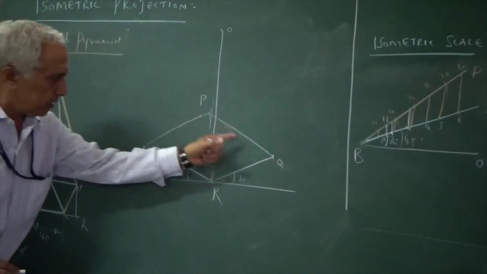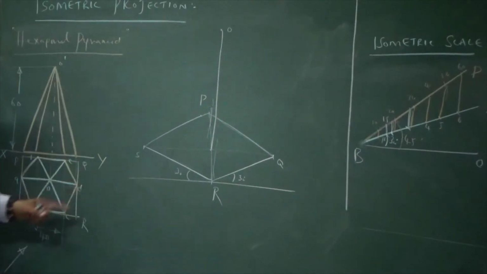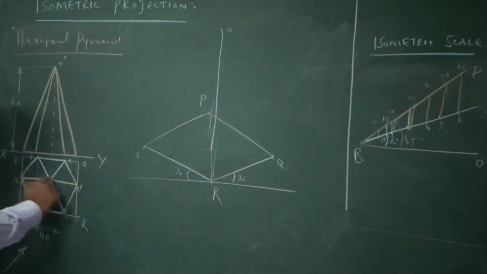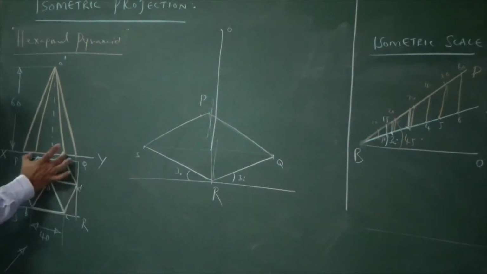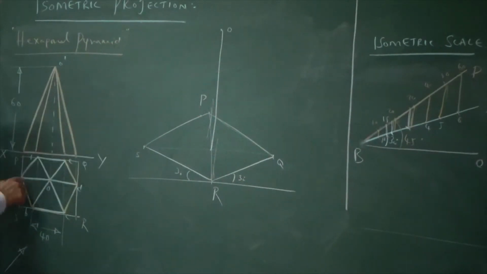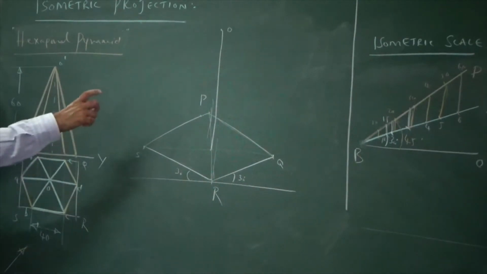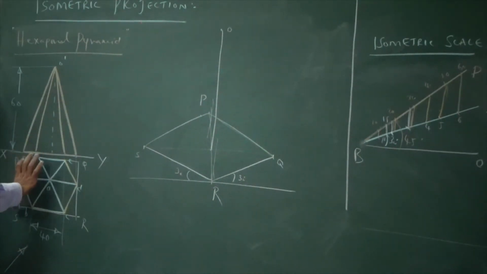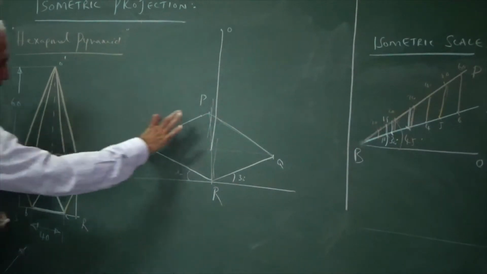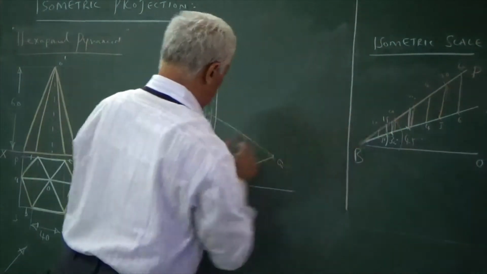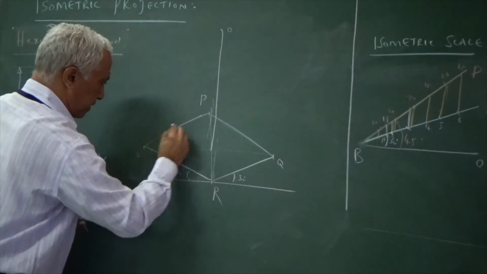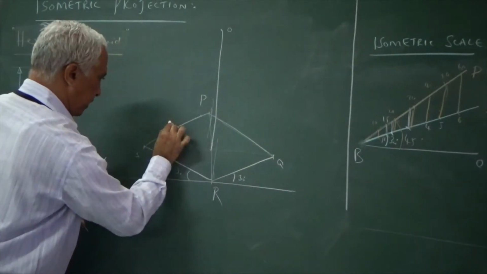Now, within this PQRS, I have to get the hexagon. See this figure, A and D are at the same level. If I draw B and C, on the other side I get points F and E. So if I locate 3 points, I can get the remaining 3 points. Now on P and S, I get the point A. So this PS actual is isometric. Take PA, get the iso of PA from P towards S, obtain the point A.